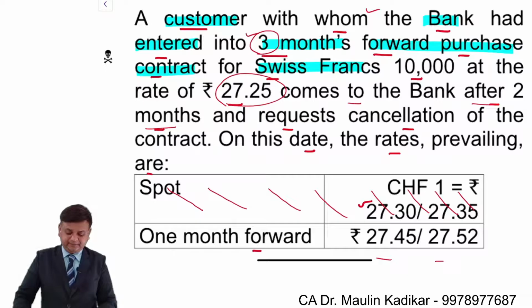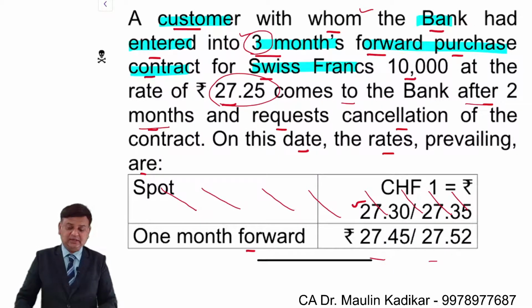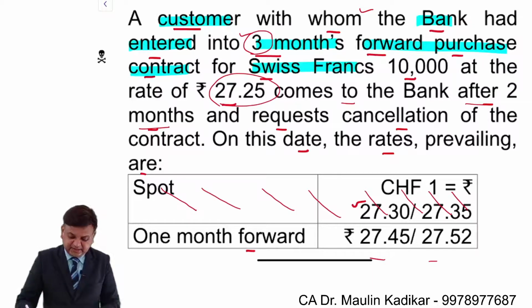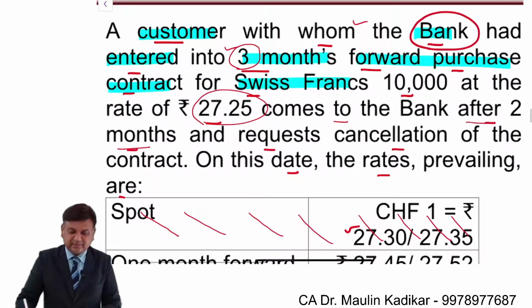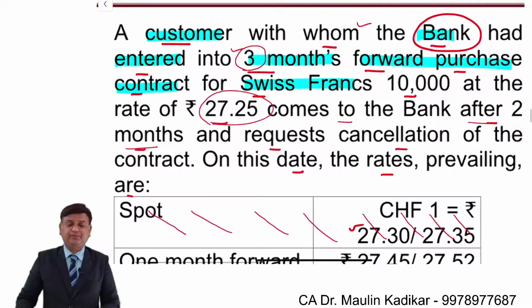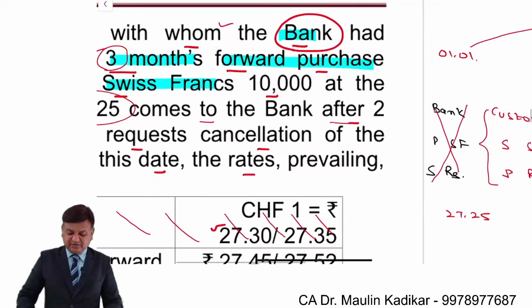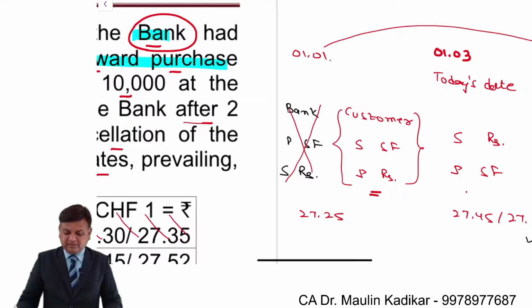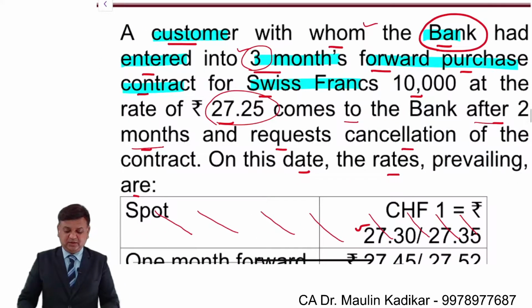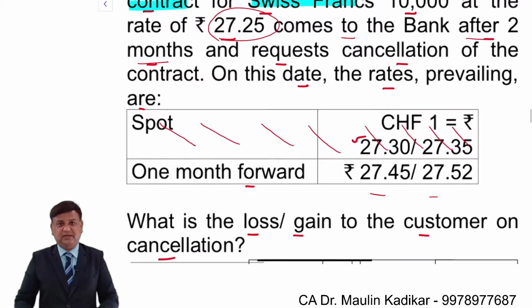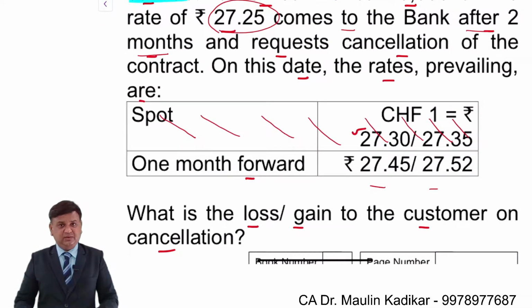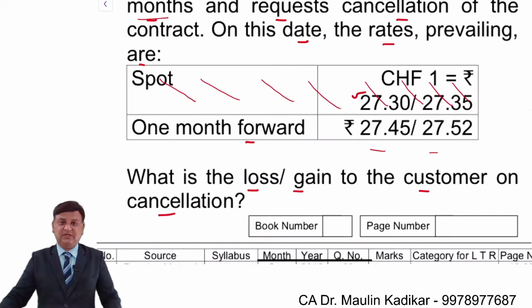So friends, over here the reading of the question is very important, because we understand that initially the transaction is provided to us from the bank's point of view. From that, we have to understand what the customer must have done, and the reverse of the transaction in which the customer has entered will be entered into today for 1 month for the purpose of cancellation of the forward contract. And with that, the profit or loss will be found. Again, the spot exchange rate information is irrelevant. Whatever this profit or loss is that is going to be received or paid after 1 month, we do not have to consider the concept of time value of money there.